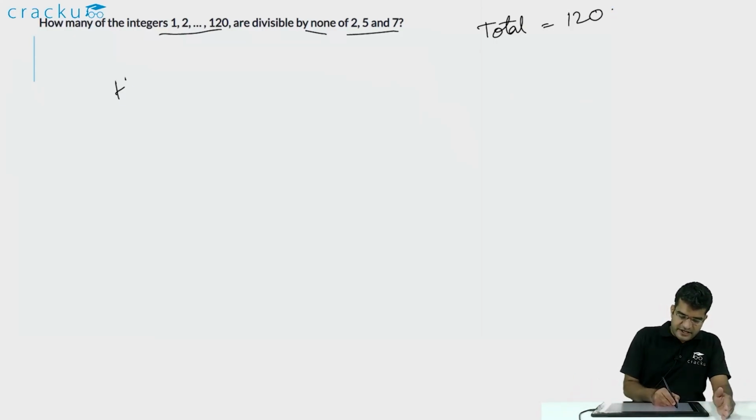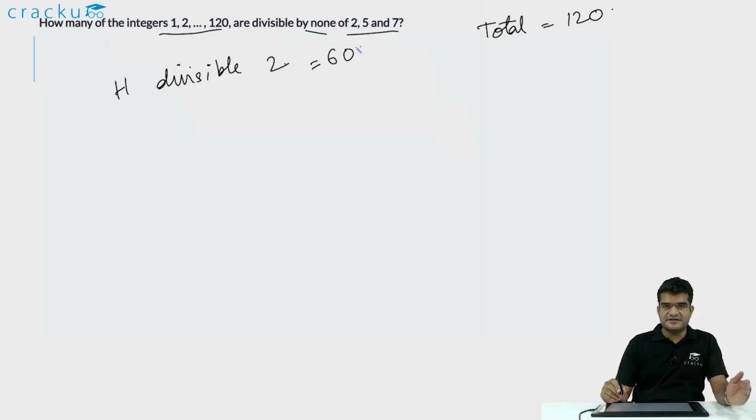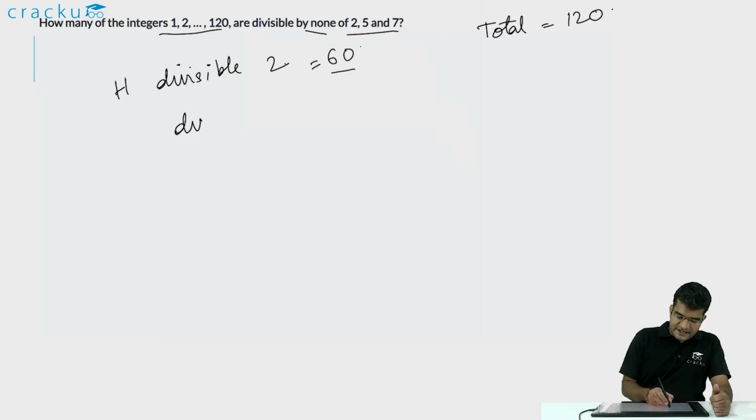Out of this, how many are divisible by 2? The number of integers who are divisible by 2 amongst the given 120 will be equal to 60. They are all the even numbers, that is 2, 4, 6 dot dot dot till 120. So the number will be equal to 120 divided by 2. How many of these are divisible